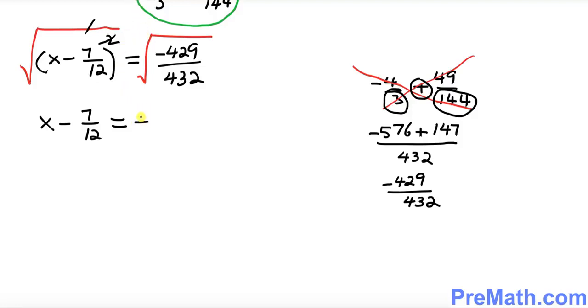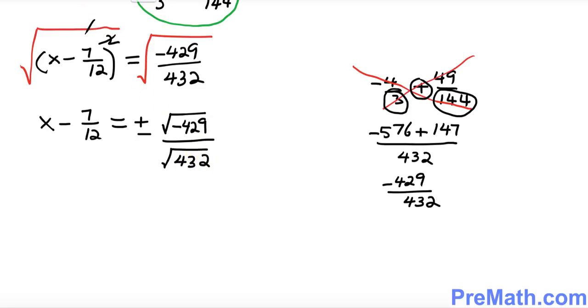This is going to be with the positive and negative sign, and I'm going to split these fractions like this way. Negative 429 on the top, with the radical sign, divided by square root of